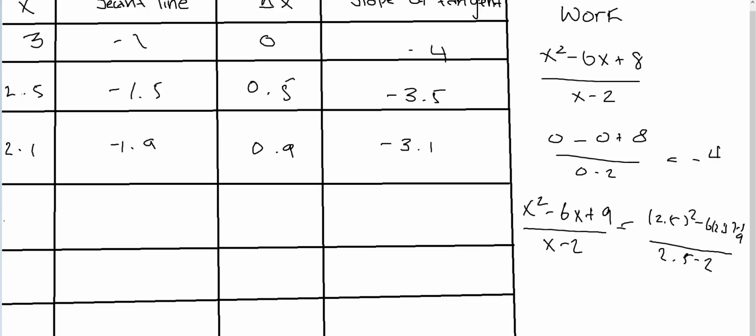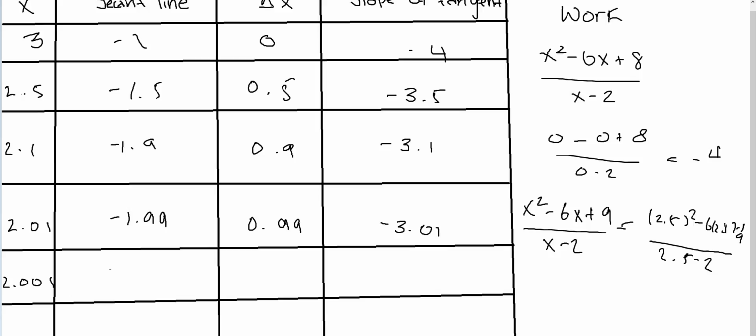So we can go to 2.01, my apologies, and our secant line is going to be 1.99. Whoa, that's really close to that. And then our change in x is going to be 0.99, and our slope of the tangent is going to be negative 3.01. So just to make sure that our slope of the tangent is going to be negative 3 and our secant is going to be negative 2, we're going to go